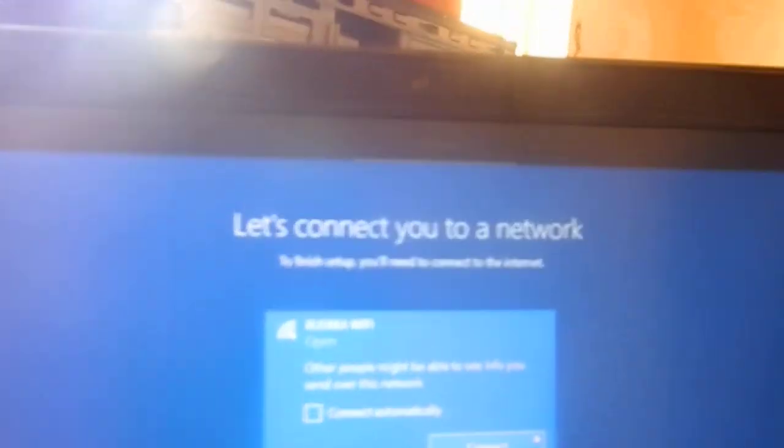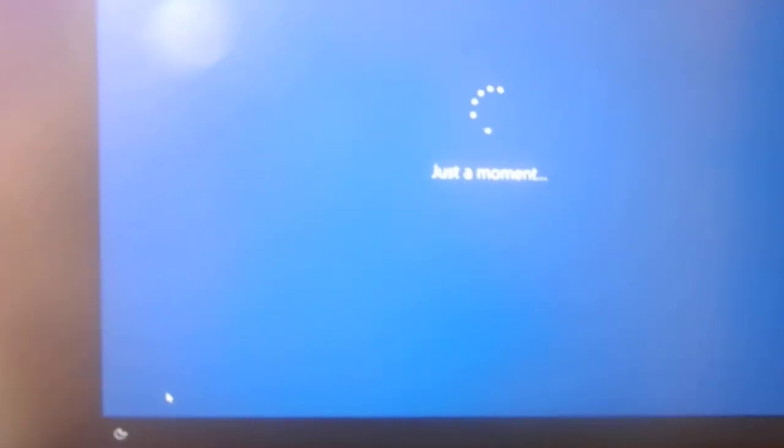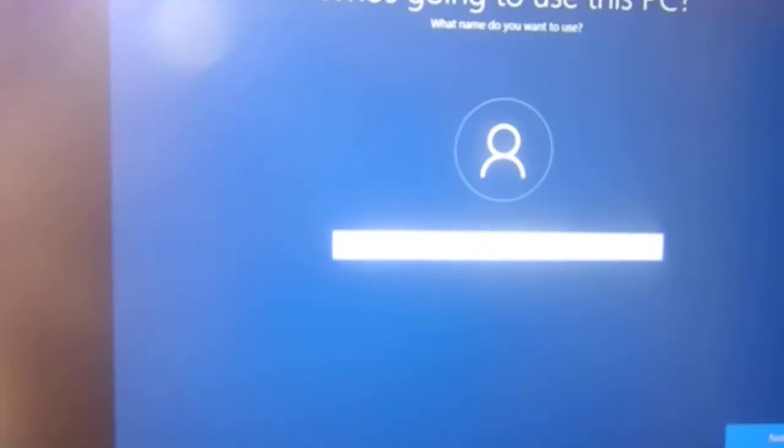After skipping, here is another setting. As you can see, let's connect to the network. Then I choose this one. I don't have internet, so I press continue with limited setup. Here you can put your name. I'm going to put my name here. After you put your name,